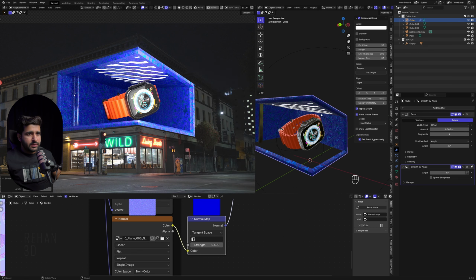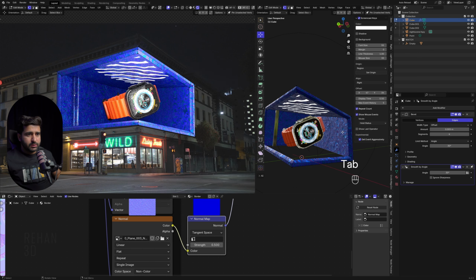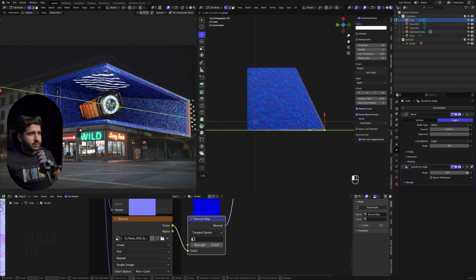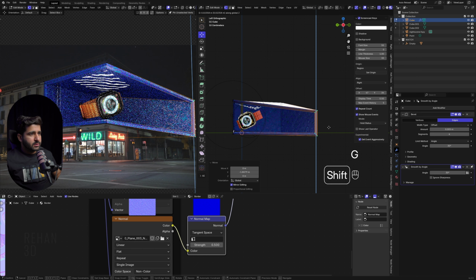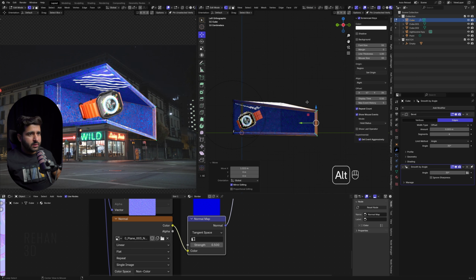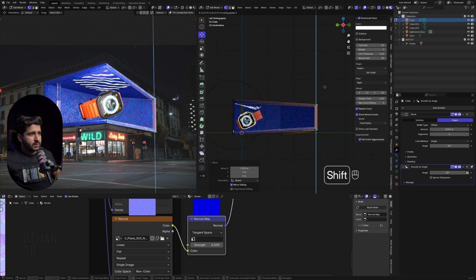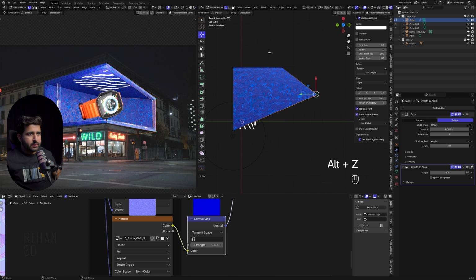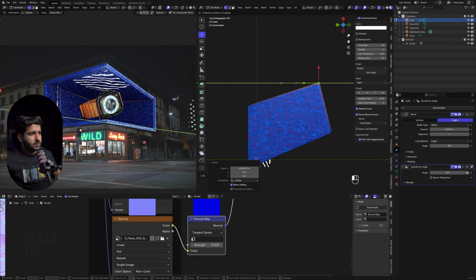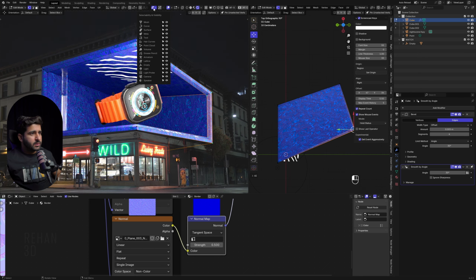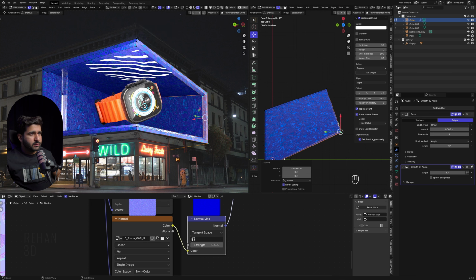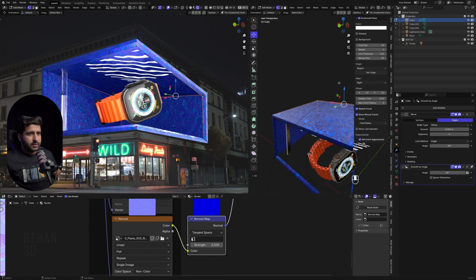Okay, so guys, let's fix these things because this is not looking good. Go to edit mode, select these edges and move them here like this to fix this annoying issue, and move it back like this, and again move it up like this, and select these parts also and move them here. Let me get my gizmo orientation.